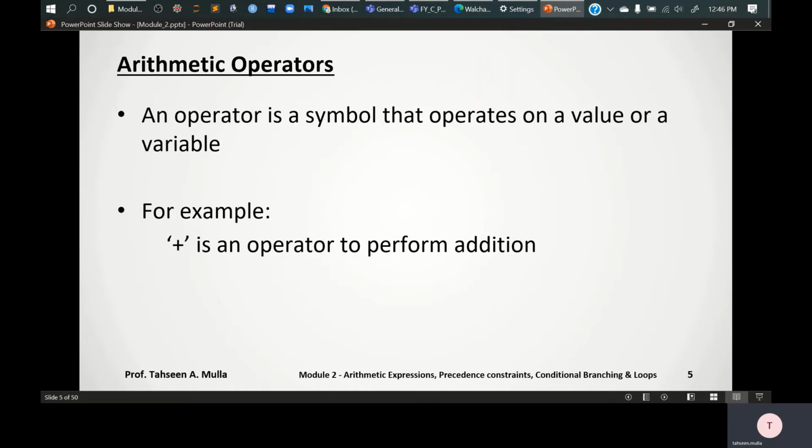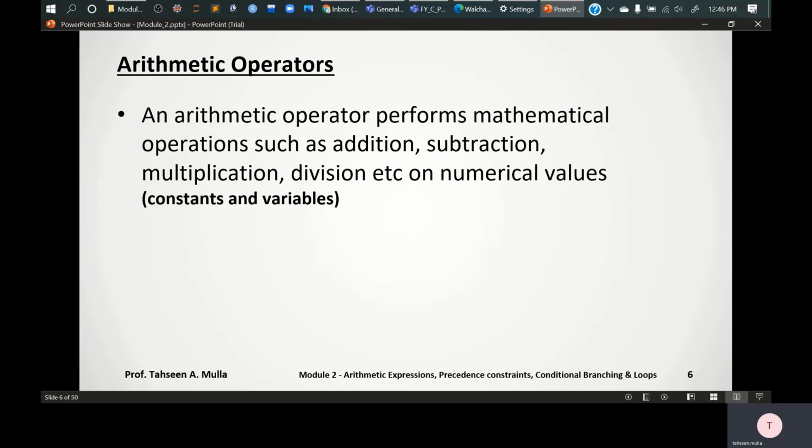We will be operating this for addition. Similarly, we would have the minus sign for subtraction, and signs for multiplication and division, and so on. So an arithmetic operator performs different operations such as addition, subtraction, multiplication, division on different numerical values.